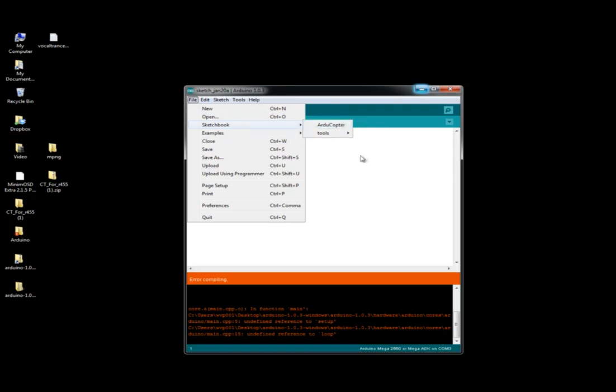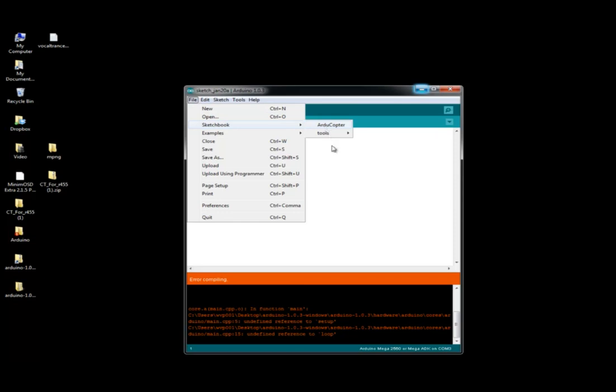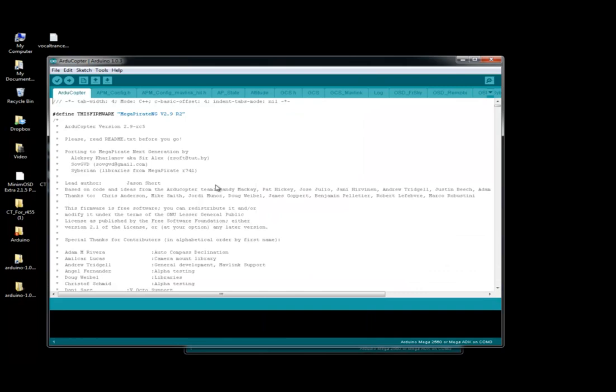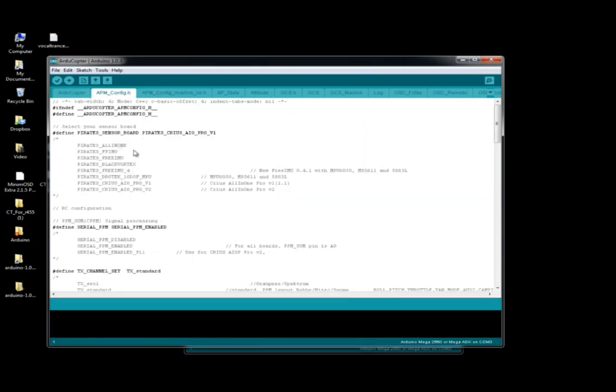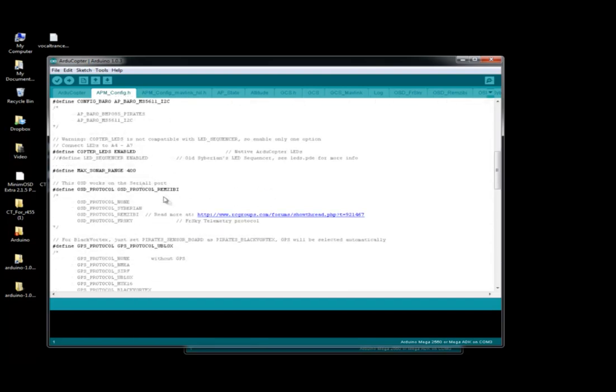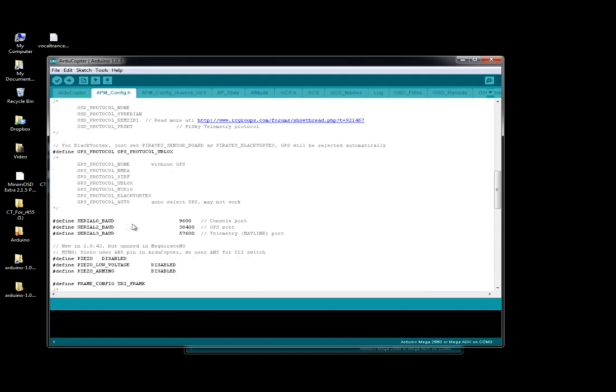So before we do that, though, just a couple of quick things. Actually, no, we can move right into that. So we're going to load the Ardupilot sketch. Now, coincidentally, if you didn't have to use Ultra Edit or your text editor to update that apmconfig.h file, you can do it from within the SDK as well. So I'm just going to take a look at this and make sure that everything took the way it's supposed to. RemZB, sonar, LED, protocol U blocks, set the serial baud,